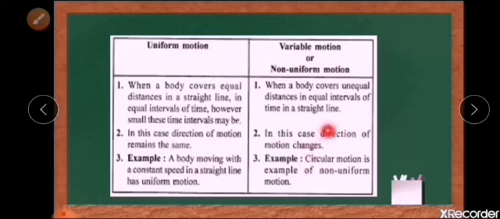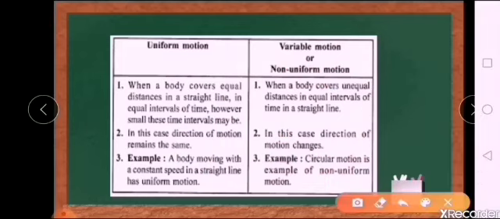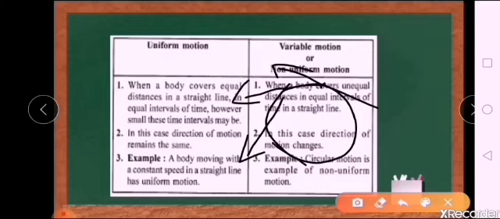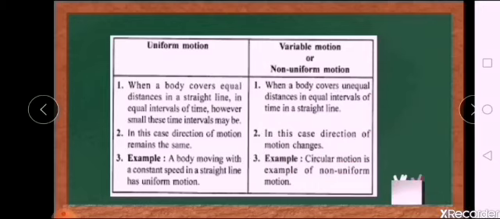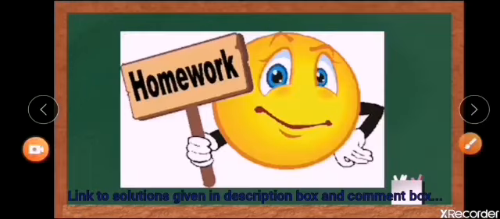Now, circular motion is an example of non-uniform motion. Why? In a circular motion, when you're learning maths, you learn that for a circle at each and every point, if you draw a tangent, the tangent shows the direction. That is, at each point, the direction is going to change. That is why circular motion is given as an example of non-uniform motion. Clear? So this is all about motion, rest, relative terms between rest and motion, and uniform and non-uniform motion.